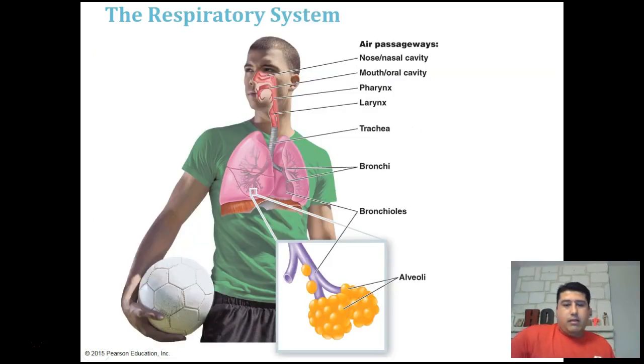Okay, so to explain what happens at the lungs, let me briefly describe what's going on with the respiratory system. All right, so this is your air passageways and the lungs. So you have the nasal cavity and the oral cavity, which are the two ways that we can breathe in air. And really, the only purpose of breathing in air is to capture the oxygen that's in the atmosphere. If we were on the moon or on Mars or any other place, we would have the capacity to breathe, but we wouldn't have the capacity to uptake oxygen.